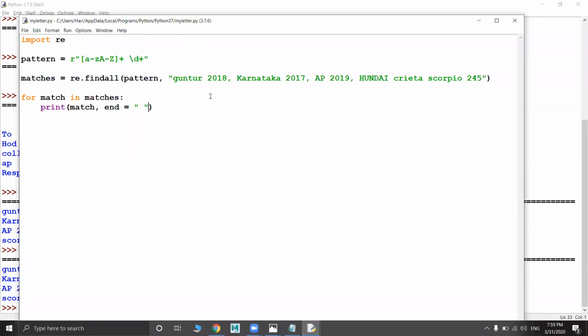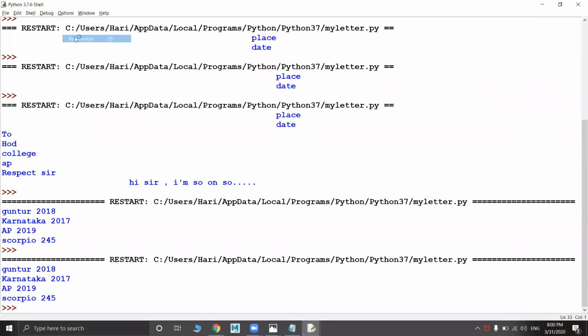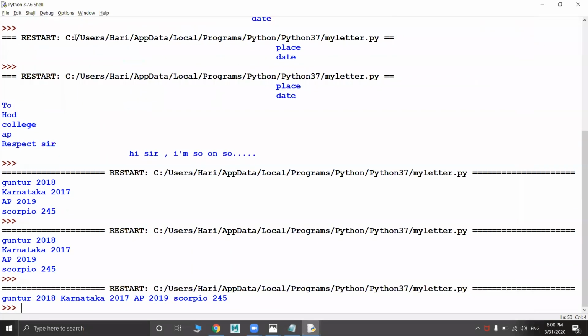See, re is not a keyword. Import is a keyword, re is a package, and for and in are keywords. Those in the orange color are the keywords. Now see my output. You got it in a single line, right?